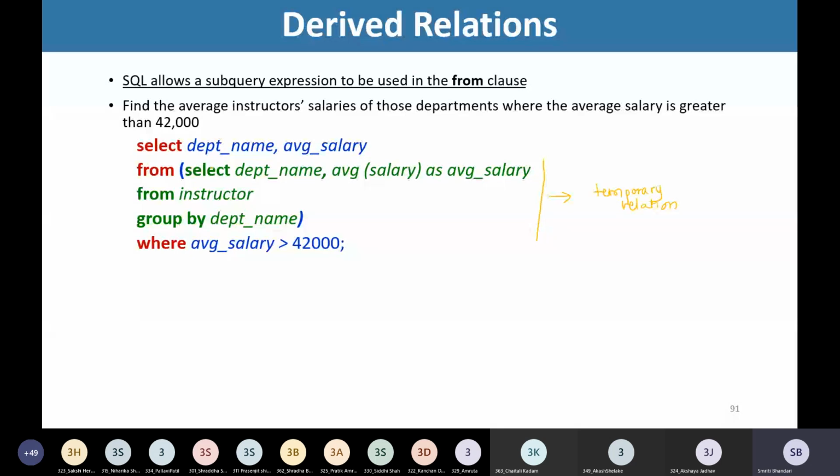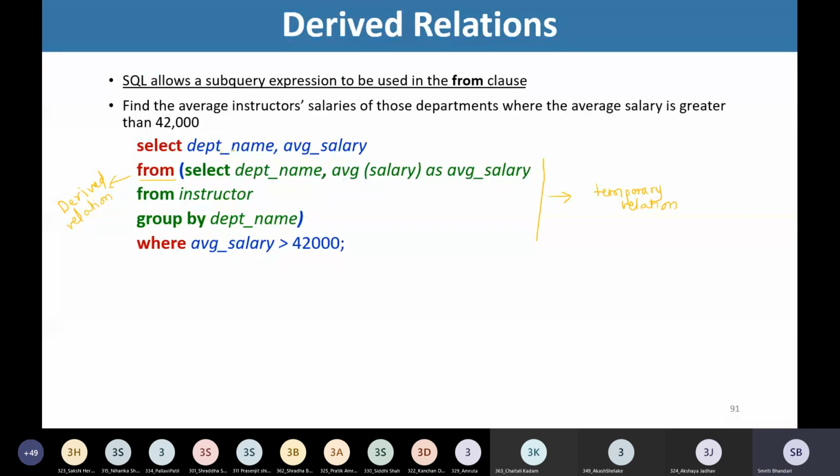If we are writing a subquery in the from clause, then we say that it is a derived relation. We are deriving this relation based on some relations in our schema, and we are making use of this temporary relation in the outer query.